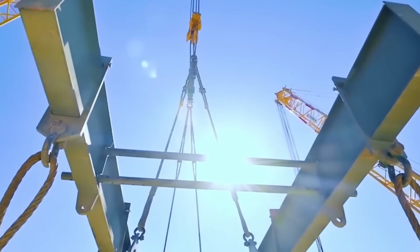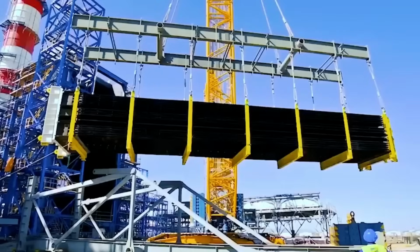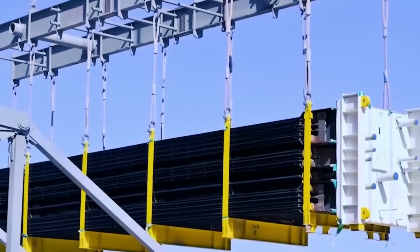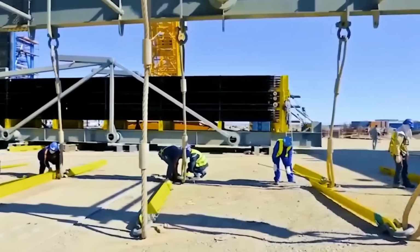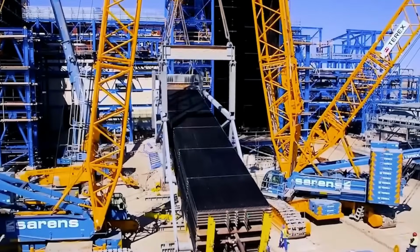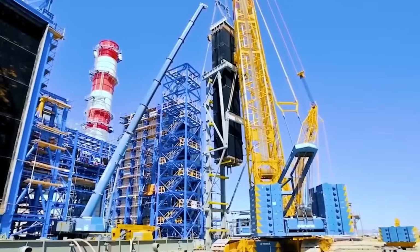Saren's Boiler Modules is a special heavy lifting and transport operation used for the transportation and installation of the huge boiler parts that form the heart of giant power plants. Each module is positioned with centimeter precision and then fixed in place. This system, which is usually used in energy, petrochemical, or large industrial plants, ensures that the basic components of the